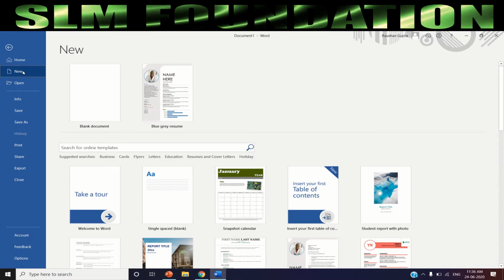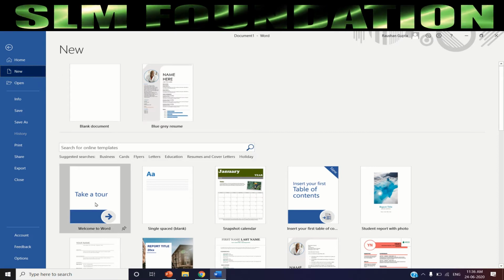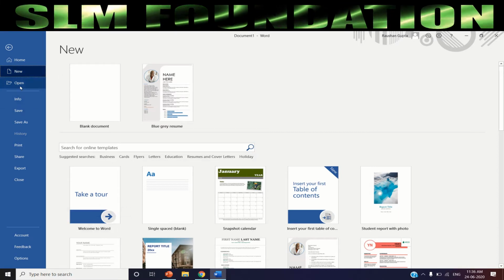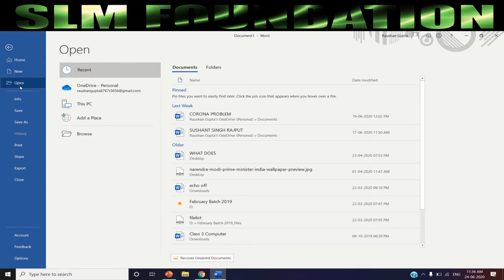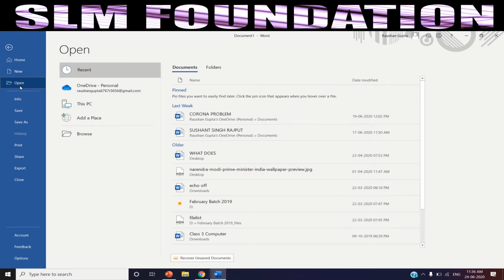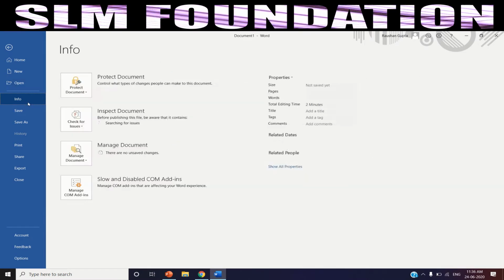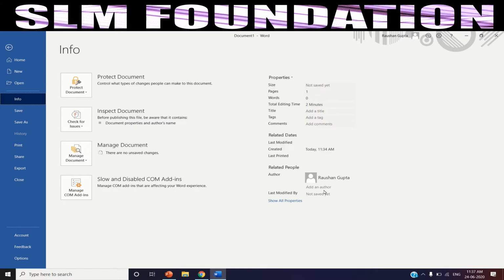You can create a new blank page by using this. You can also select templates. Open, you can open any saved document and read it. Info, you can know the information regarding the document which you are making at that time.